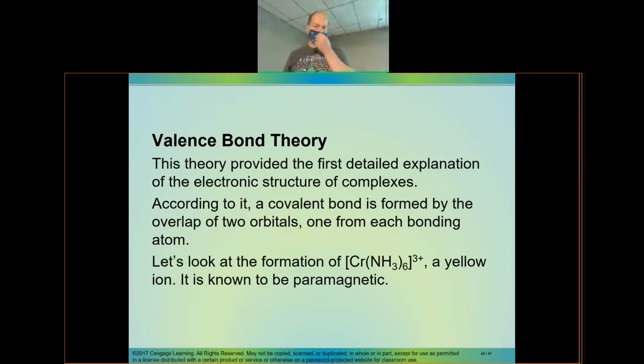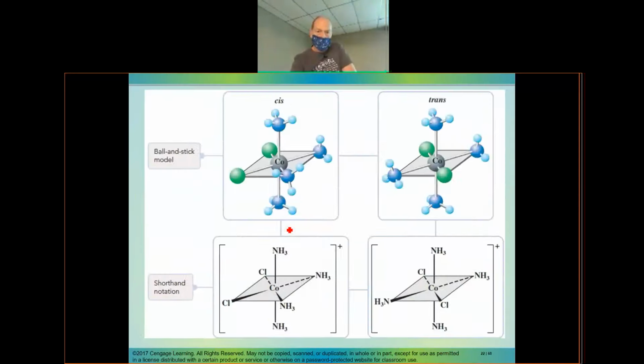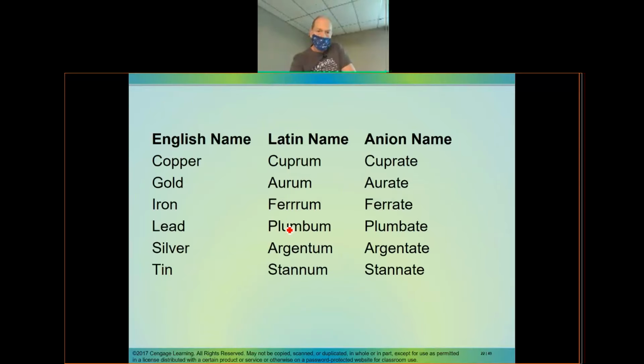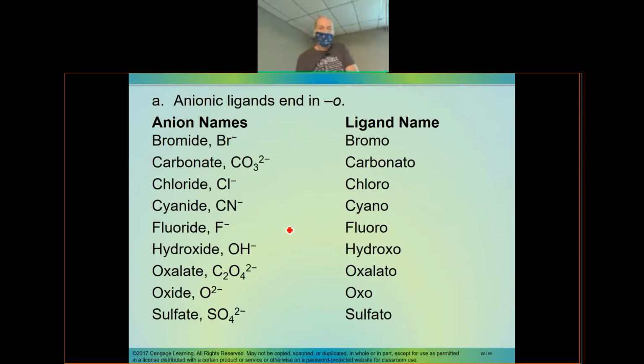All right, we're going to do some valence bond theory. We're going to look at our complex here. And this is a hexaamine chromium 3 complex. And we're going to do ligand electron counts, and we're going to get the d electron count, and we're going to get the total electron count. So when we were naming our compounds, if we go back to the naming part, just for a quick review,